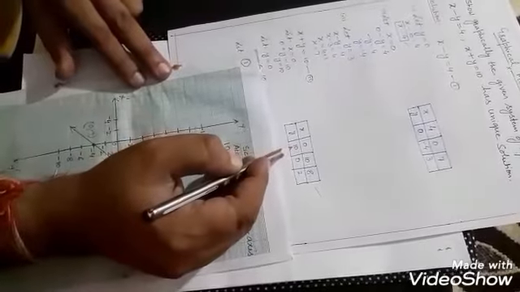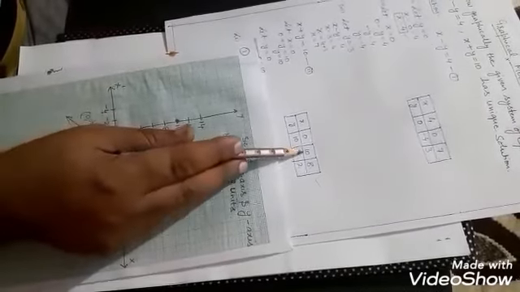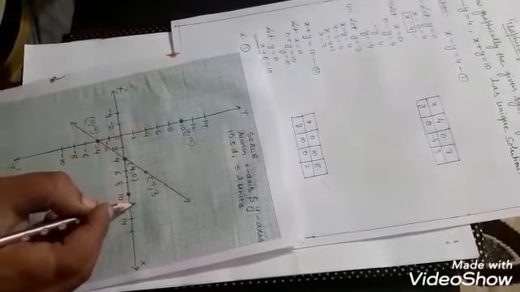Now plot the second table also. This is 0 and 10. X is 0 and y is 10. So it is on the positive axis of y-axis. You plot here. This is 0 and 10. Then x is 10 and y is 0. So it is on this axis. 10, comma 0. 8, comma 2. This is 8 and this is your 2. So now you again join the points. So you'll get a straight line.